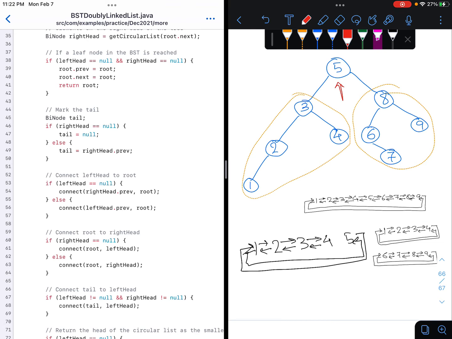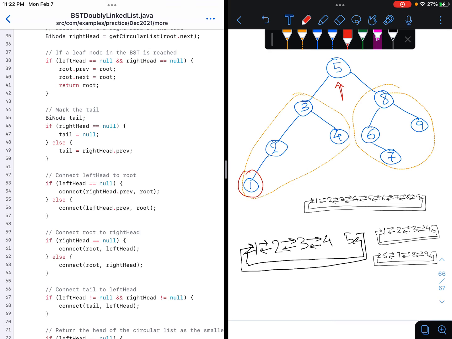Our root is 5, and we are saying if this whole left side is not null, in that case we are going to connect the left head, which is this dot previous, because we want the previous